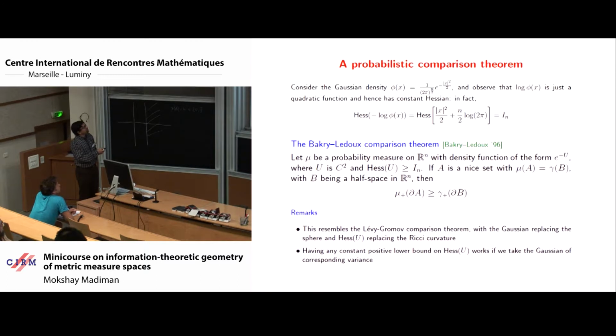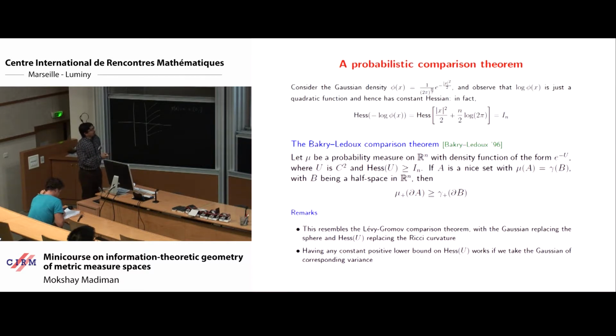So let's first observe that if you look at the Gaussian density, which I'm writing down here, and you look at the log of the density, this is a quadratic function, and so the Hessian of this quadratic function is constant, right? So the Hessian of minus log phi is just the Hessian of this quadratic function, which is just the identity matrix. Okay? So here is a comparison theorem which is due to Bakry and Ledoux, which says that